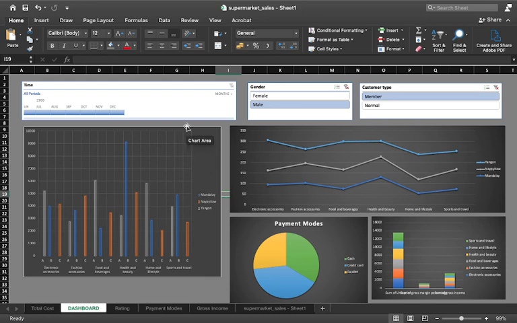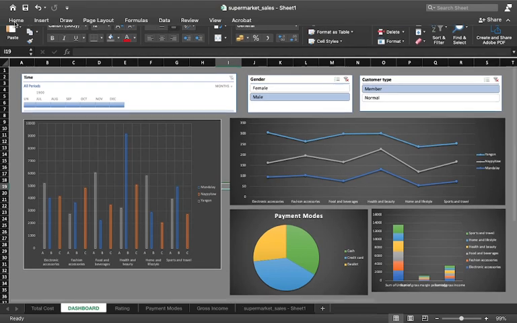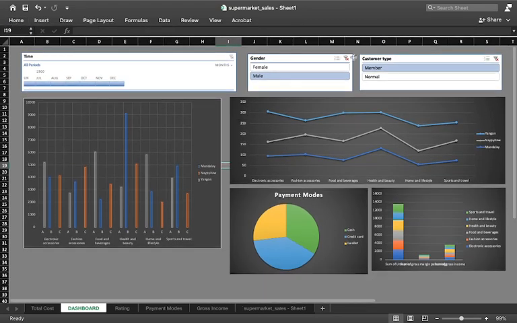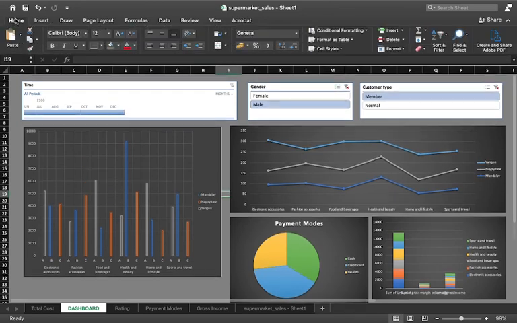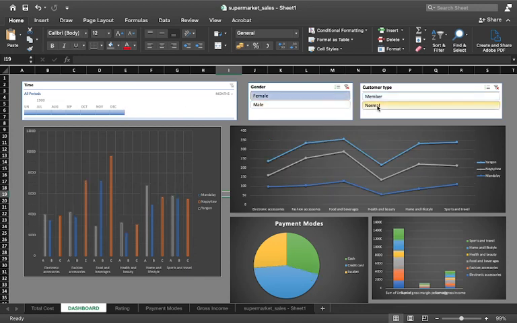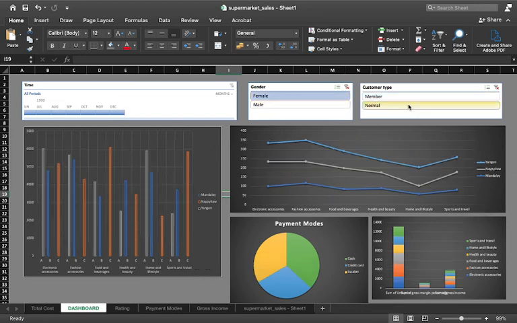I think this looks pretty good to me, right? I hope you like it too. So this is what I have created for all of you, and I hope I was able to make it clear how you can create your dashboards with the given data. You can use pivot tables, you can use various charts, and you can use this timeline, slicers, and different slicers and things, so that it gets easier.